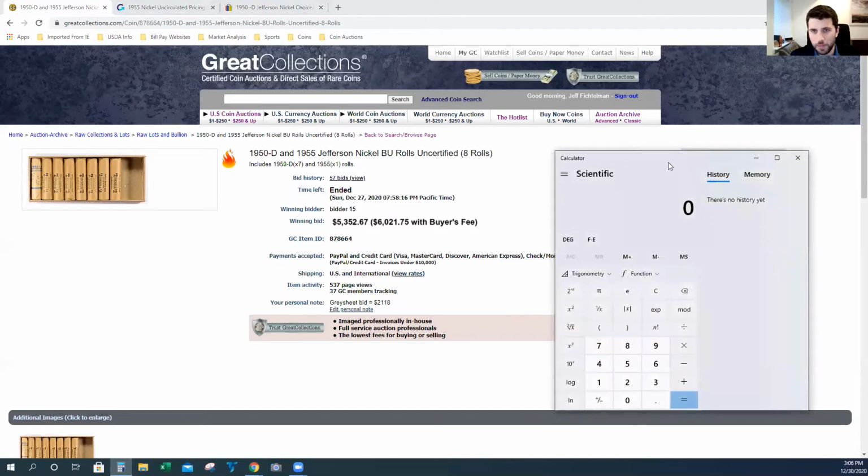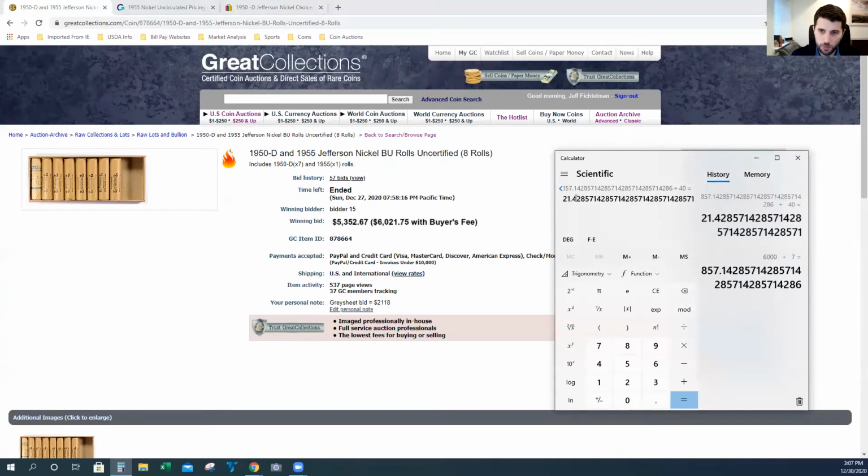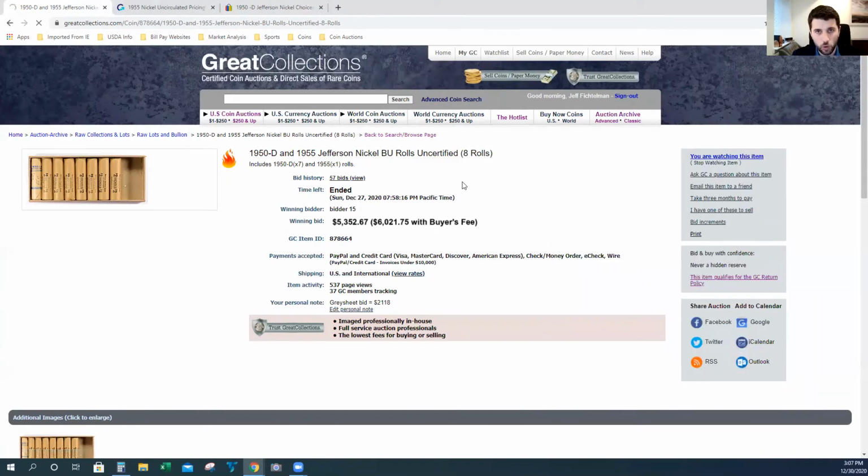Let's back into what does that mean then for the 50D? And this is where it gets interesting. Let's just assume the 1955 Philly sold for roughly $20, which means $6,000 was really dedicated to the most interesting part of this auction, which was the 7 50D rolls. That puts that at $857 a roll is what these sold for. And probably the most interesting thing is that divided by 40 is $21 per coin. And if it costs $25 or let's just say $30 to grade, that's $51 per coin